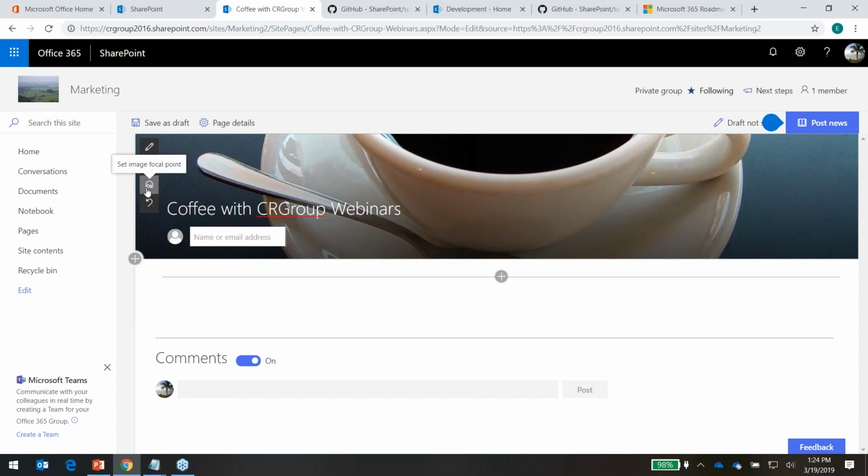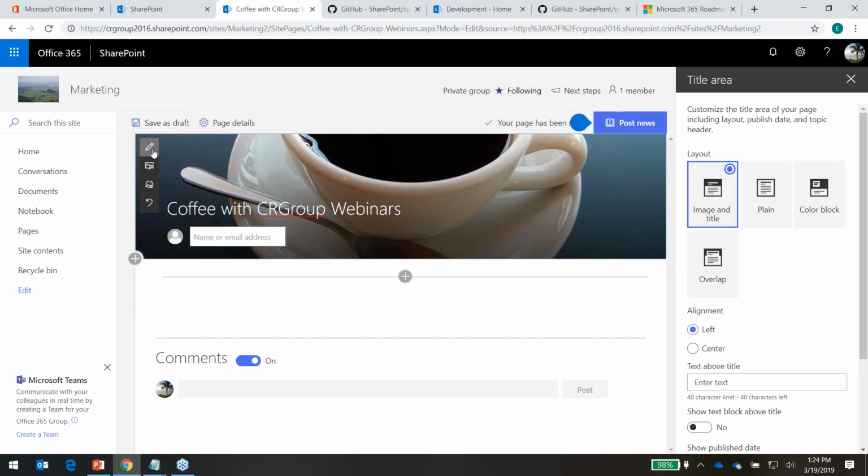So then you have this option to reset to the default image, or you can just change where you want to put the focal point, as well as change the image. There's also these edit web part options. So creating the image on the back end with a focal point, that's been around for a while,